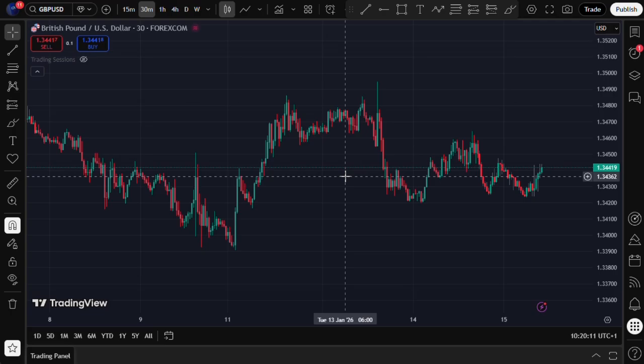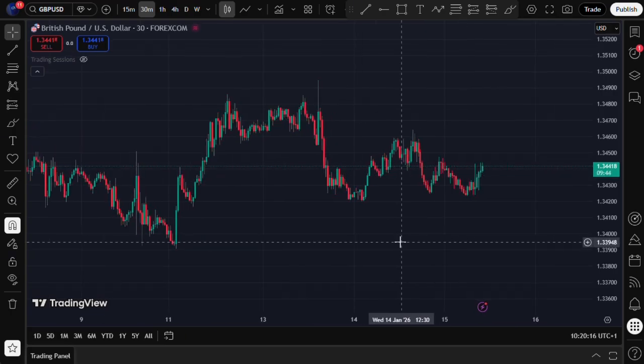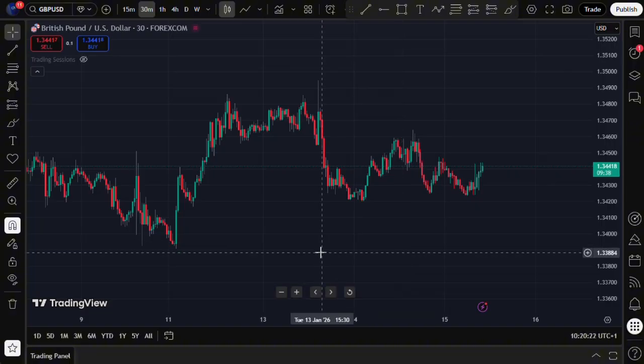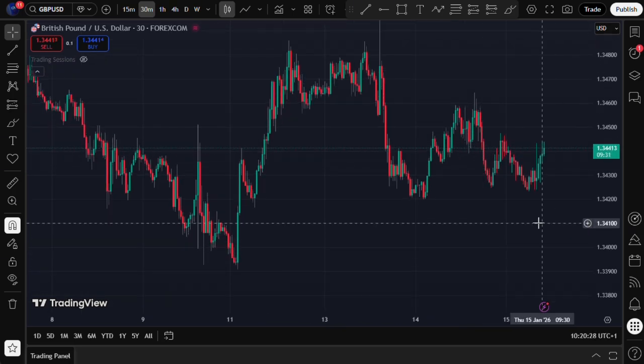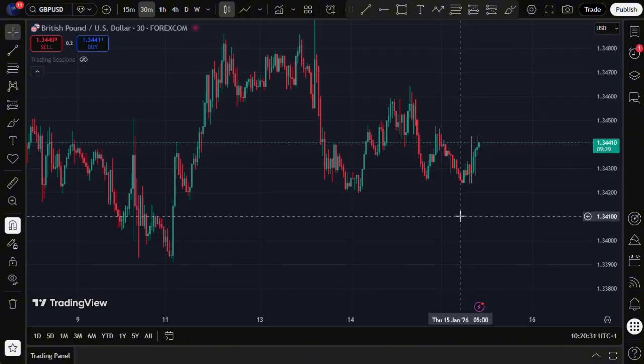Now, when you want to use session-based liquidity or a session-based model, you need to study the session highs and the session lows. You need to study session accumulation, pre-session accumulation or post-session expansion. Now, what we professionals do is really, really simple. Usually we wait for liquidity to be taken from one side, and then we follow the real move.